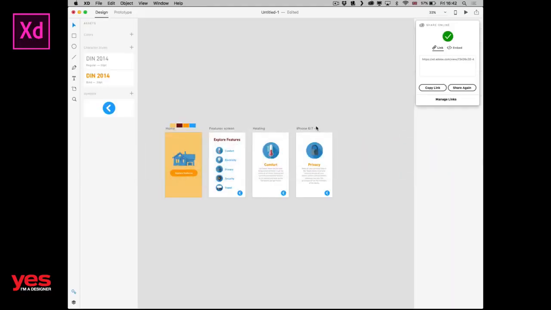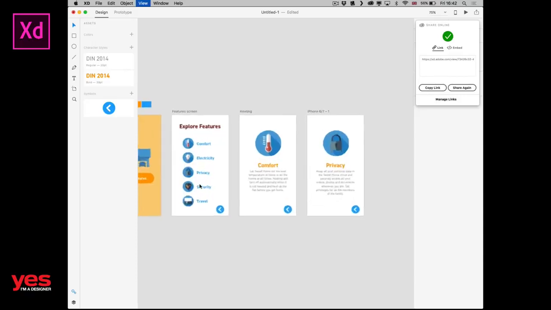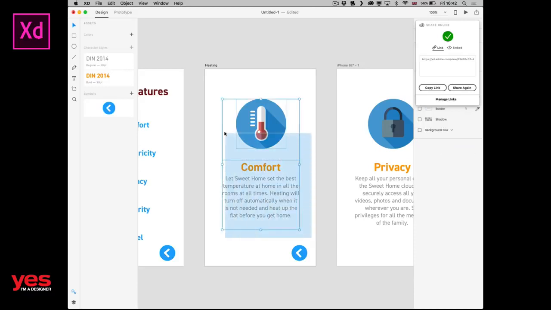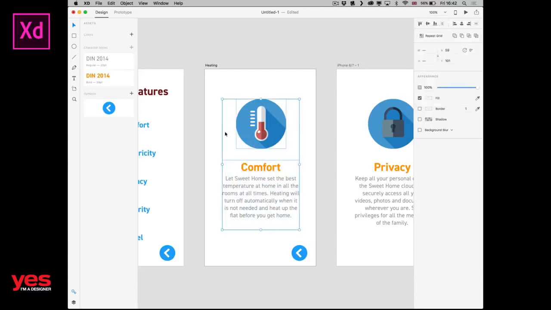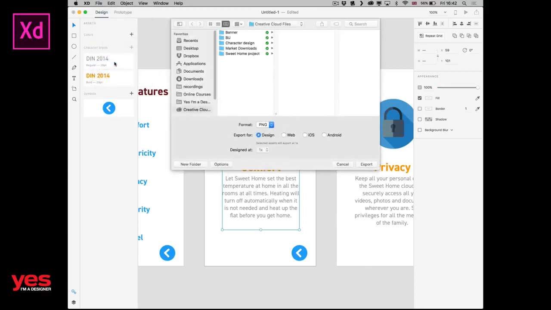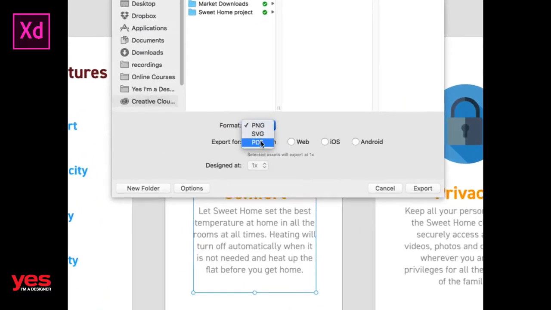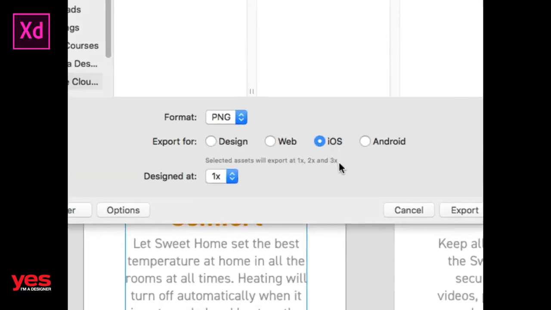getting through everything. The other thing you can do, if you want to export your assets, so let's say you want this whole thing, let's say, to be exported as a PNG, whatever you select here, if you go to File, Export, it will save that to whatever option you want, PNG, SVG, PDF even. If I choose SVG, you have additional options. But if I choose PNG, I can choose web, iOS, Android, and you see it automatically will save multiple sizes